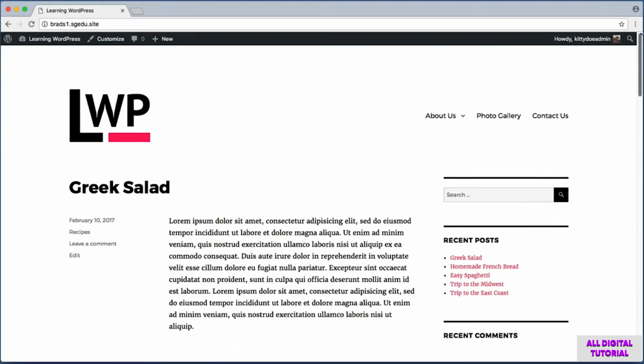All right, and remember, our goal is to add new links in our main navigation area of travel and recipes. And when we click on one of those links, we want to see a filtered listing of only that category of posts. So to add our two links to this navigation menu, I'm just going to jump back to the admin portion of my website using this top left link.